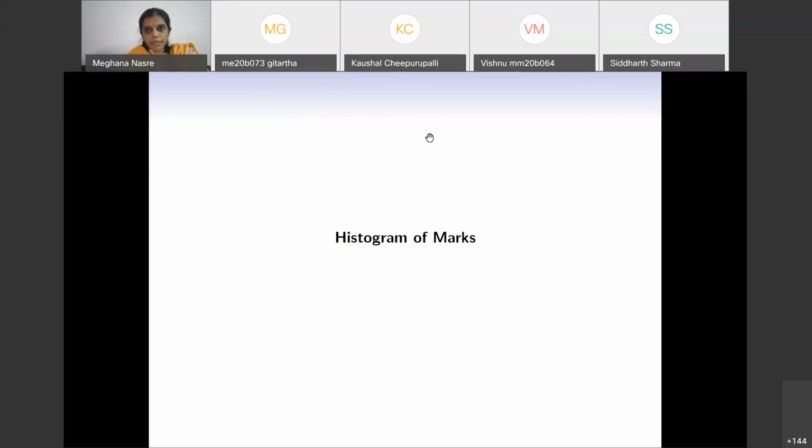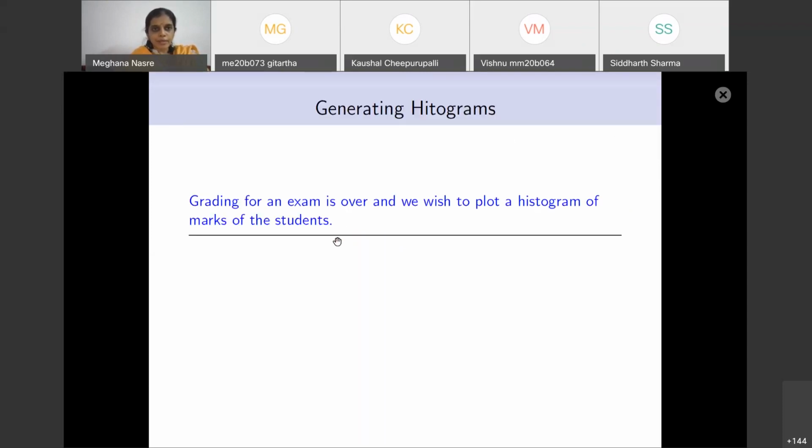Okay, so somebody has written that a histogram is used to compute the number of elements in some ranges of data. That is correct. So we are in fact going to do this. We are going to make some simplifying assumptions for our quiz. We have done the grading for quiz 1, and we want to know at a particular mark how many students are there. Of course, there are fractional marks that we have given, but we will make some simplifying assumptions.